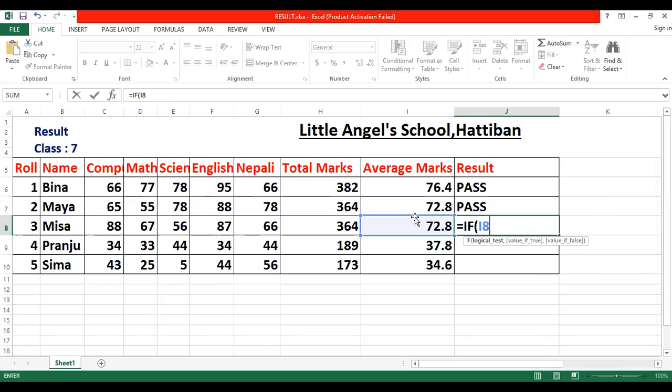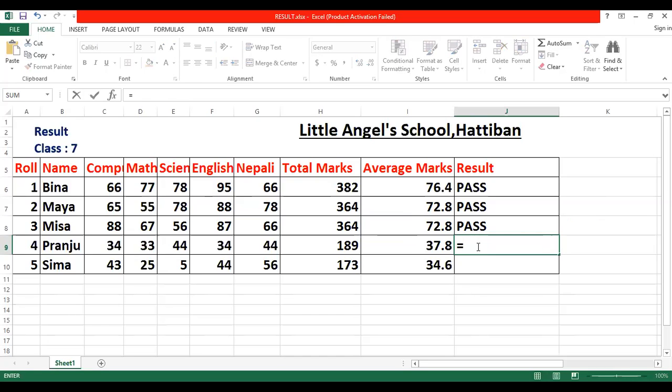It should be I8 greater than equal to 40. Then pass, comma, or fail. Bracket close. She is pass because she is getting here more than 40 average marks, so she is pass.